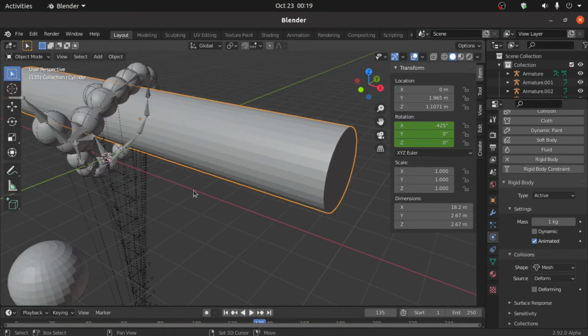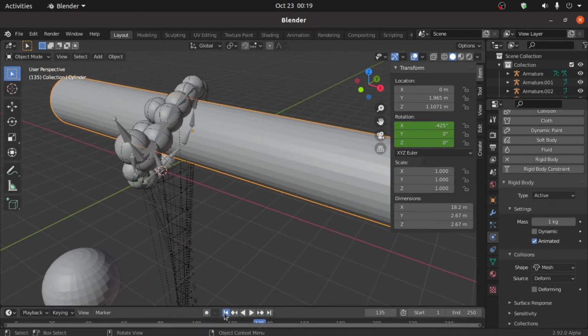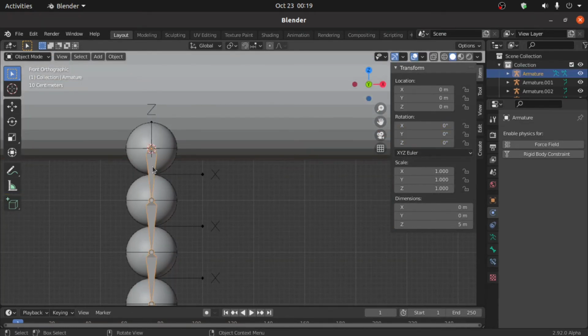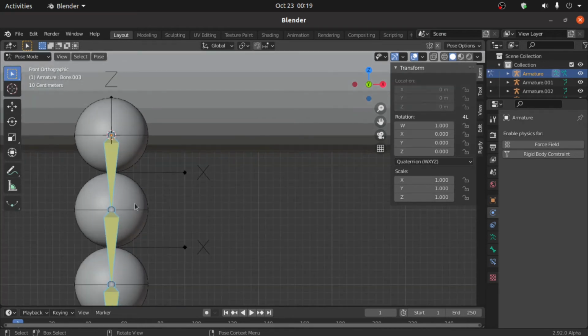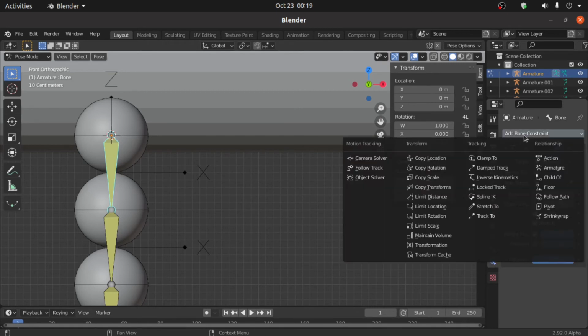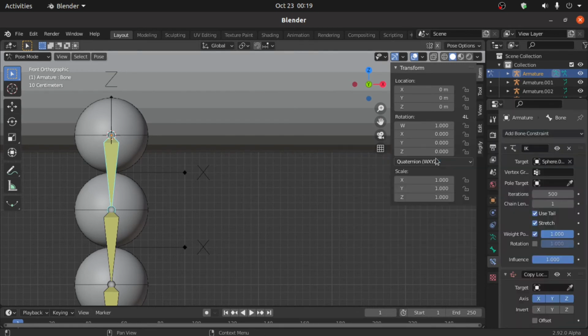But we have to fix this bone issue. So select the first armature, switch to pose mode. Select the first bone, and under this bone constraint, click on add bone constraint and select copy location. Keep it above IK.